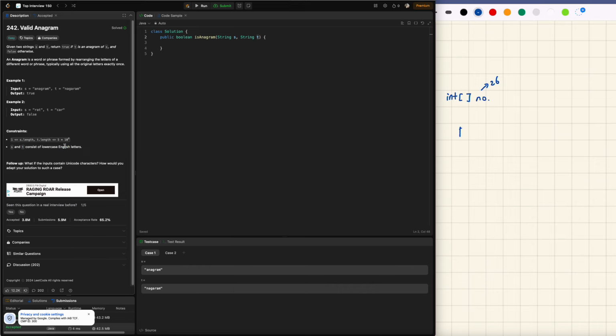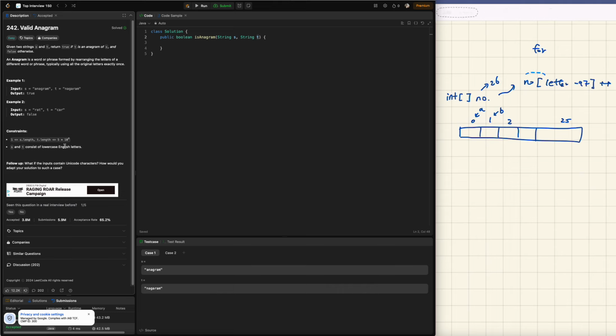And what we're going to do is have a for loop that iterates the string s and then stores the number of letters that appear in s. So it's going to be 0, 1, 2, all the way to 25 because there are 26 letters, and 0 will represent a, 1 will represent b. Because the ASCII value of a is 97, all we need to do is take numbers at whatever letter we put in, minus 97, plus plus. So that will be our